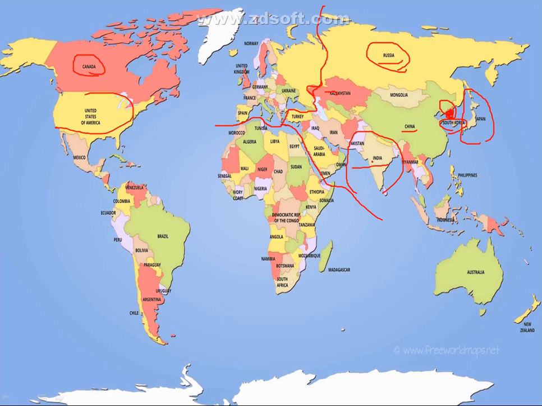Let's have an introduction to the Middle East. For example, the biggest country of the Middle East is Saudi Arabia. The most populated country of the Middle East is Egypt. Saudi Arabia has the second-largest reserves of oil in the world. Iran over here, its capital is Tehran. Saudi Arabia's capital is Riyadh, but it also has a religious capital named Mecca.